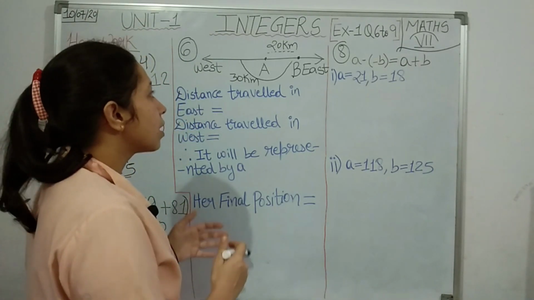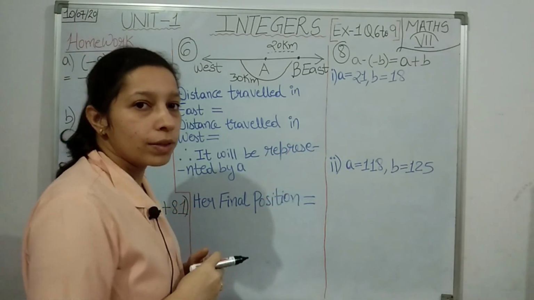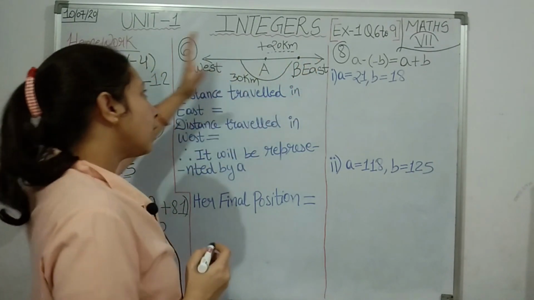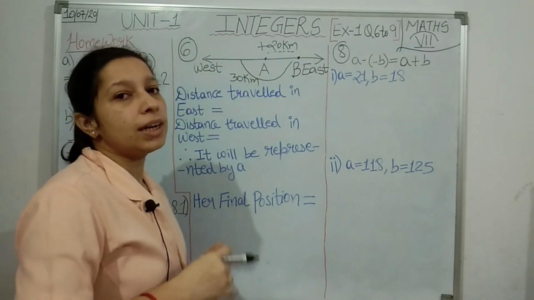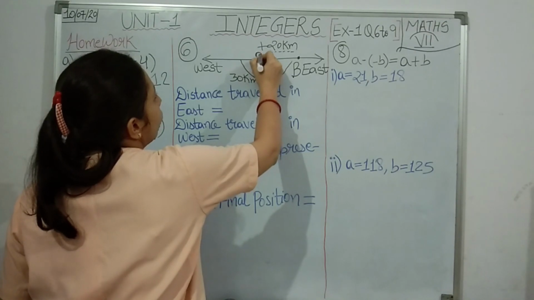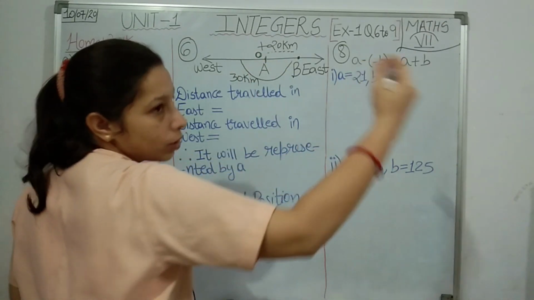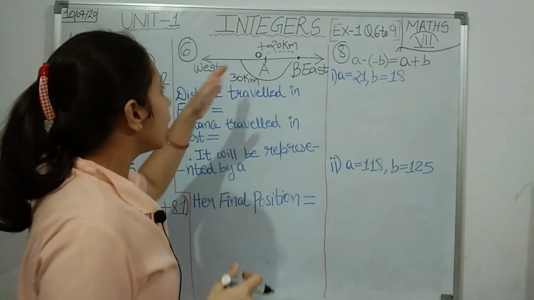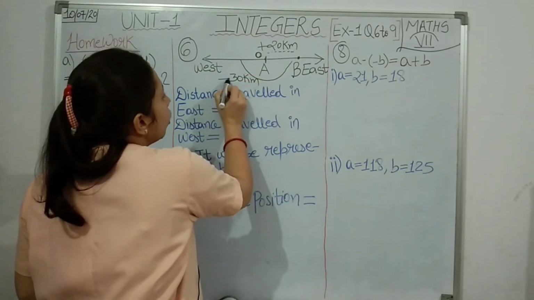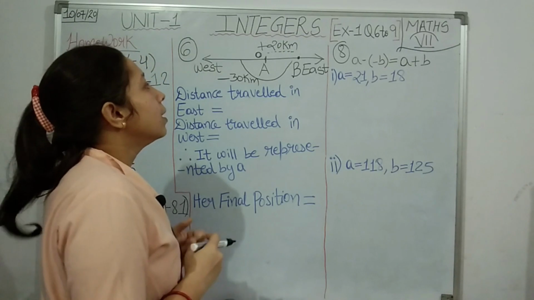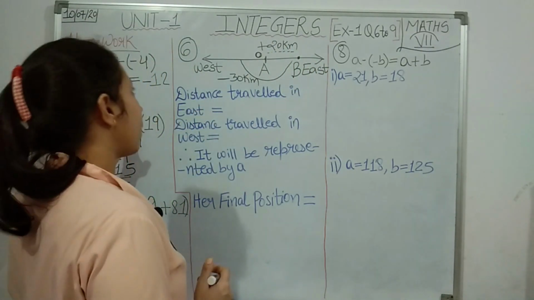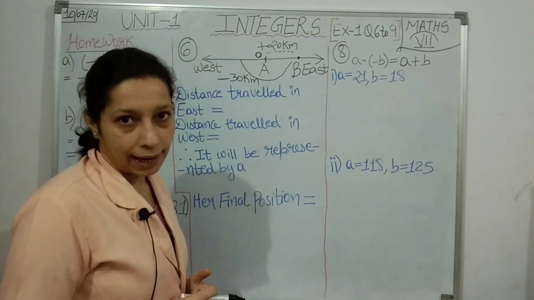So students, in the question it is given that the distance towards east is represented with a positive integer, that means here plus 20. Then after reaching east, Rita is again coming back to west. So by which integer are you going to represent it? Suppose this point is 0, okay, and we know from A to the right hand side we get positive integers, so that's why here plus 20. But if you come to the left side of 0, the integers will be negative. So here 30 kilometers I am going to show as negative. Okay, so when Rita moved towards east, positive integer, but from east when she is again coming back towards west, we are going to represent that as a negative integer.